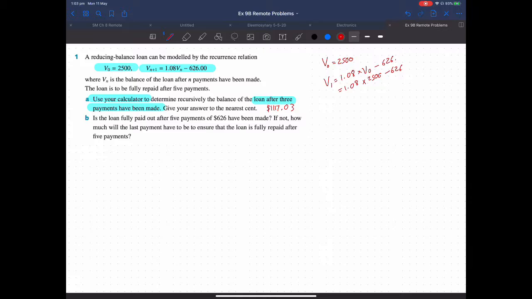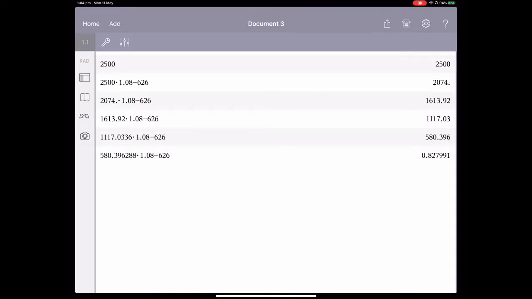Part B says to us, is the loan fully paid out after 5 payments of 626 have been made? If not, how much will the last payment have to be to ensure that the loan will be fully repaid after 5 repayments? If we go back to our calculator screen, you can see after 5 years, there was